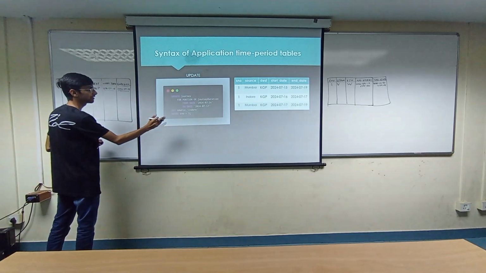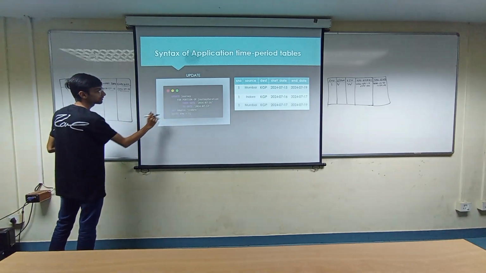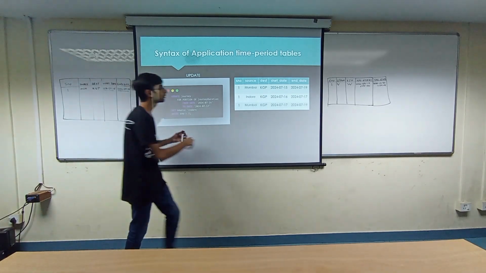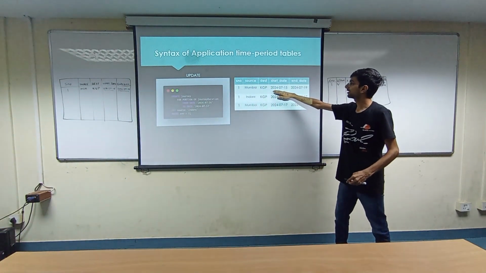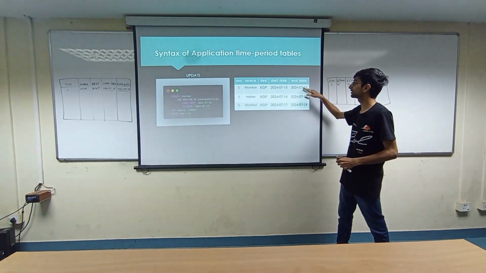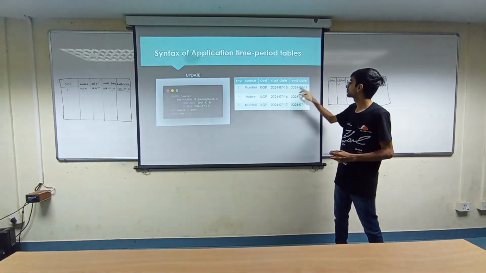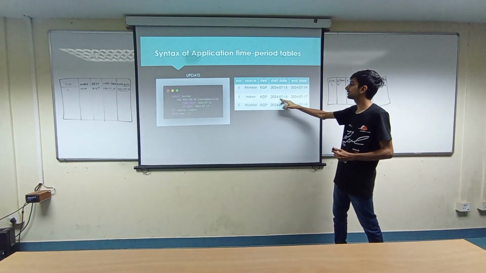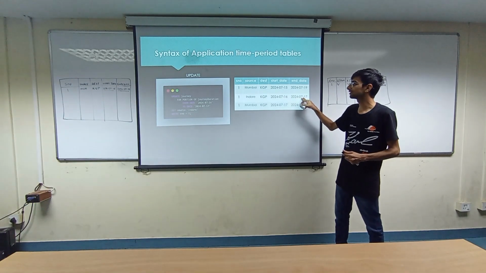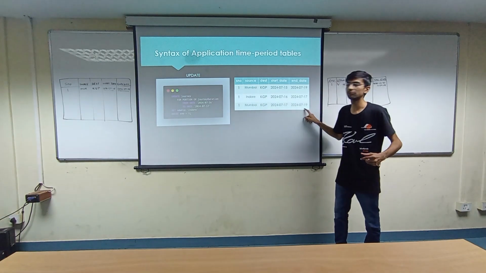Next, let's say I change my source to Indore, for example, because I am taking a halt at Indore. So I run a query to update it. This would lead to this table. My start date will go from 15th July 2024, but instead of the 19th, the end date will change to the 16th of July. The next row will be from Indore to KGP on 16th to 17th, as the from date and to date are mentioned. And from 17th to 19th, again this data will be valid.